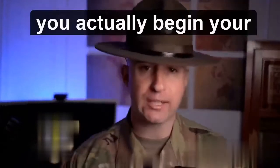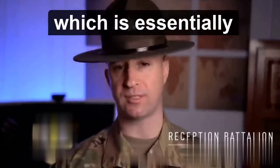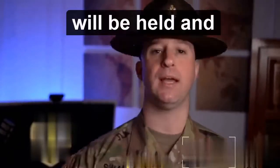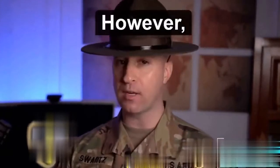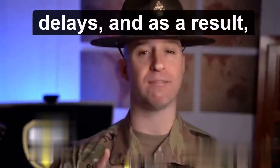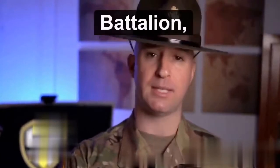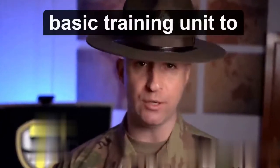First stop before you actually begin your basic training experience is the reception battalion, which is essentially in processing. Your reception process will be held and conducted at the reception battalion. However, COVID has a way of causing delays, and as a result, if that happens, instead of being in processed at the reception battalion, you may actually ship out directly to your basic training unit to conduct the